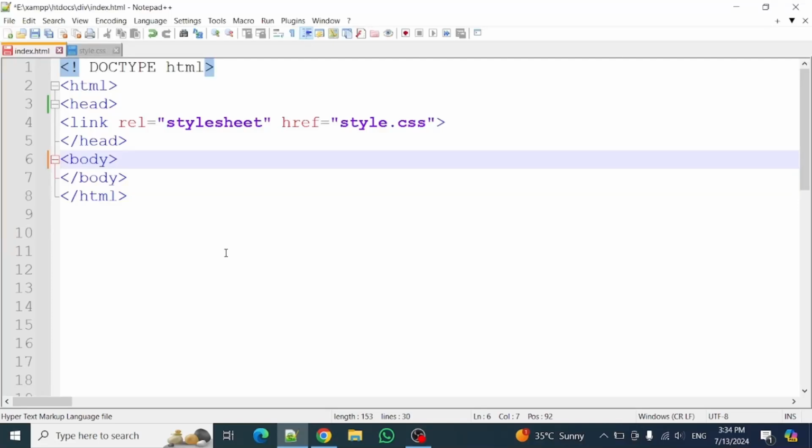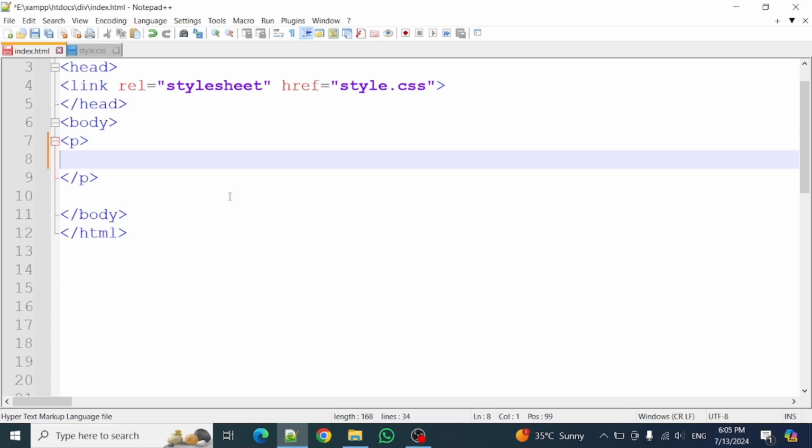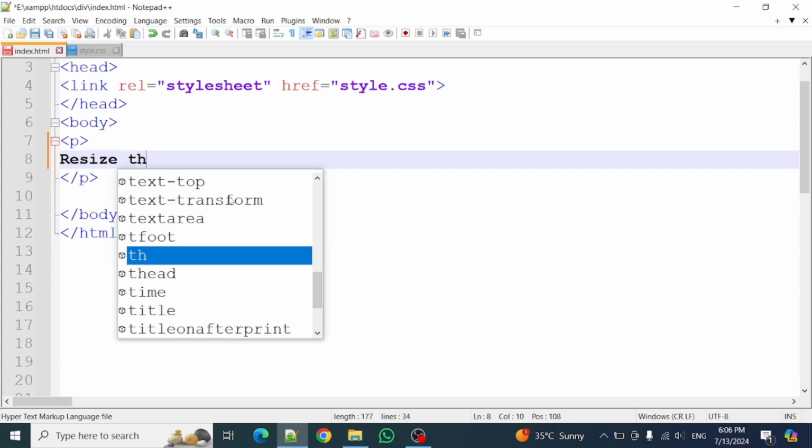Hi. In this CSS tutorial, we will learn about CSS layout width and maximum width. In the body section, we will use an open P element and a close P element. In between the P elements, we will write: resize the browser